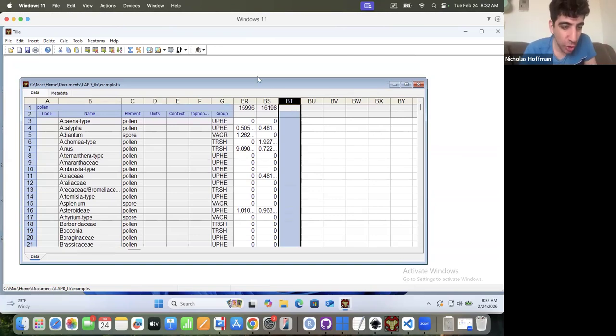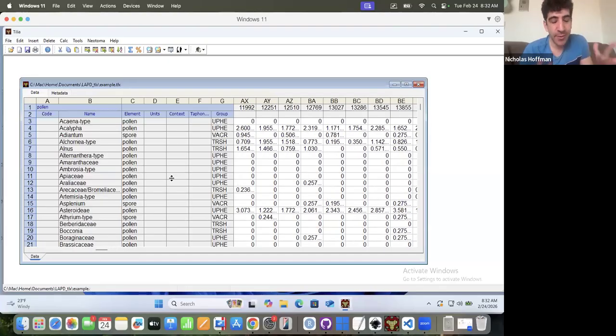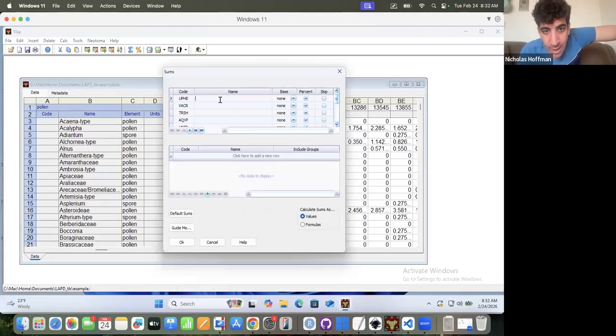I just didn't want to show you because I wanted to show how to make the pollen sum or how to make the pollen graph more generally. But to get a summary diagram, first you want to make pollen sums by group type, which you can do where the sigma is. Type in some names for each group: upland herbs, vascular cryptogams, trees and shrubs, aquatic vascular plants, unidentified,